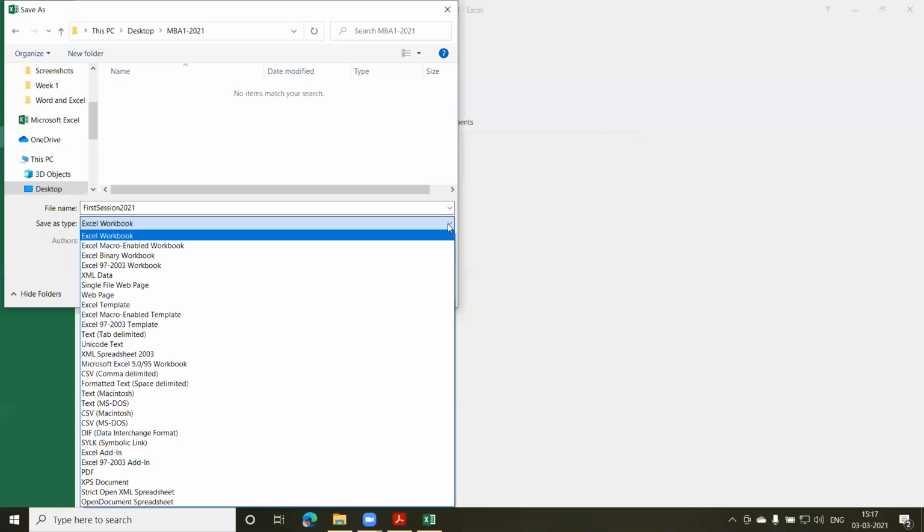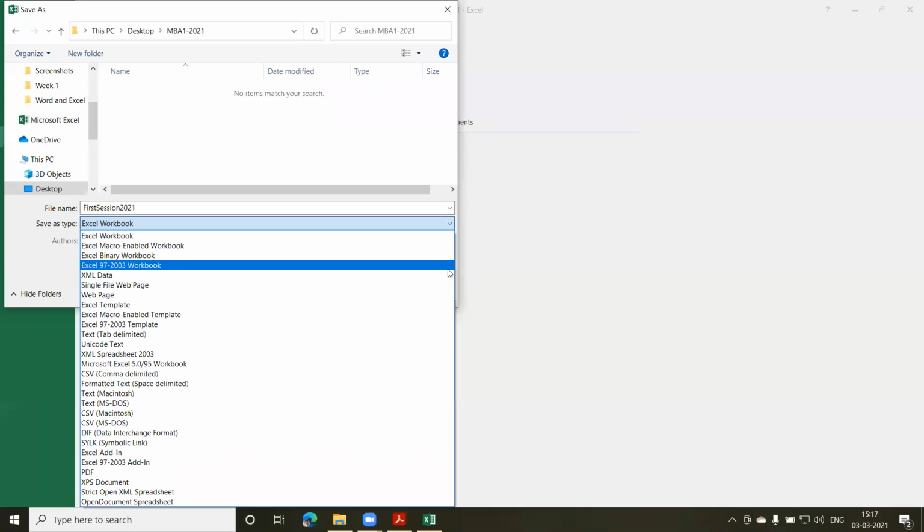And I have to use this file later on some other PC, which does not have the latest version, which has some old version, like say Excel 97. So you cannot save the file in the latest version and then go and open it in the older version and do the modification, because some features which you might have used in the latest version in your Excel file might not be available in the older version. So what you can do is save the file in the older version.